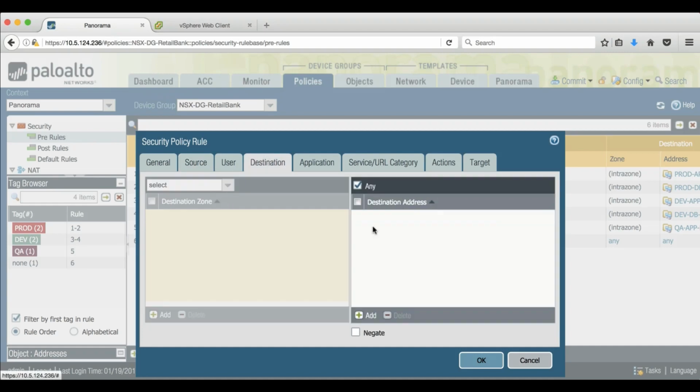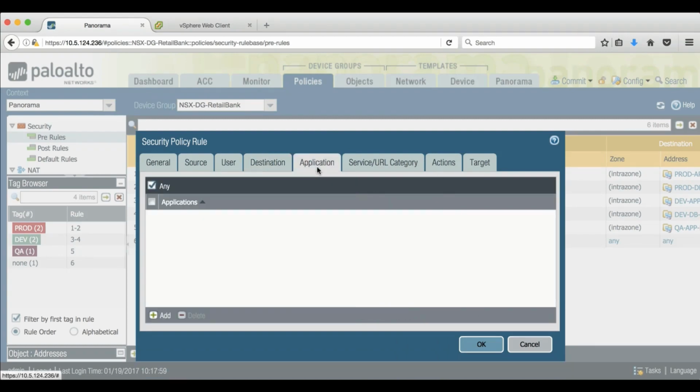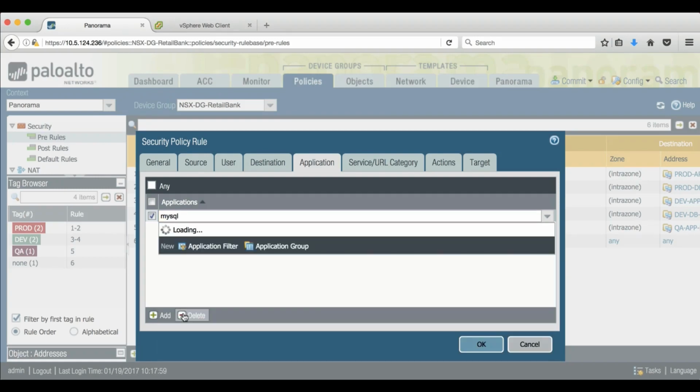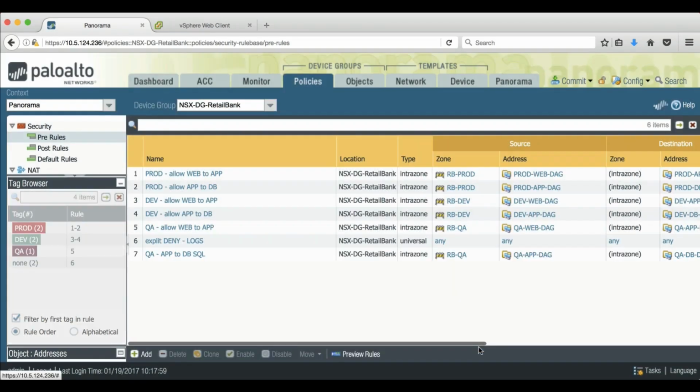So I'll let the demo run through that. And I'm using the DAG that I previously populated. And the DAGs always have the _NSX_ match criteria to dynamically start populating things in the NSX side of things. So in this example, I'm going to give MySQL app ID and finish creating the policies here. Now when I commit to Panorama,